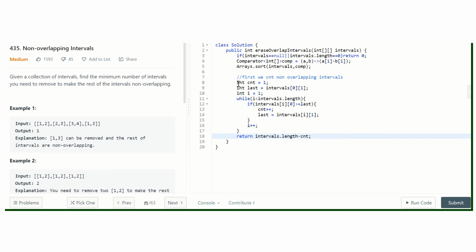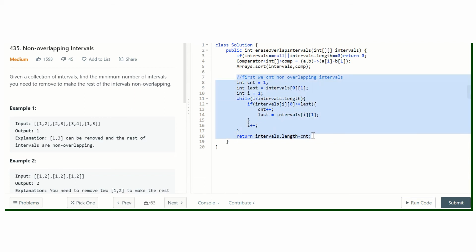Another way is, if any interval intersects, then we check if there is any interval that is completely within the previously considered interval. If this is the case, then as I have already discussed, if two intervals overlap, we want to remove the interval that has the longer endpoint. The longer interval always overlaps with more intervals compared to the shorter intervals. So we'll implement based on this.